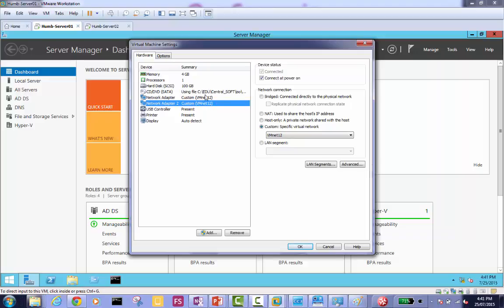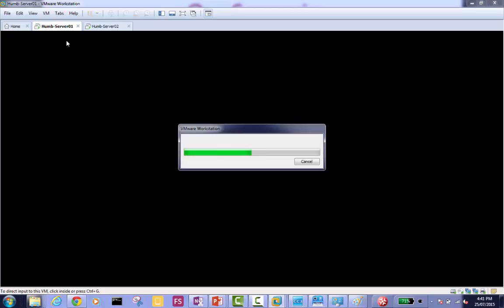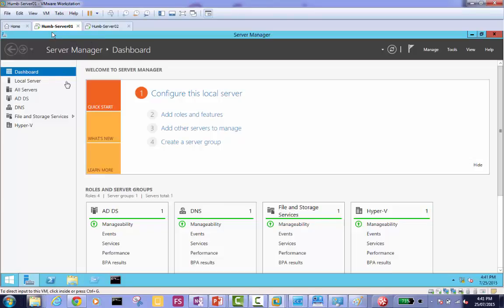In your case, whatever your domain controller setting is, put it that way. Do not copy this one. If your domain controller is VMnet 12, then only put 12. Otherwise, look at what is there first and put that. Press OK.